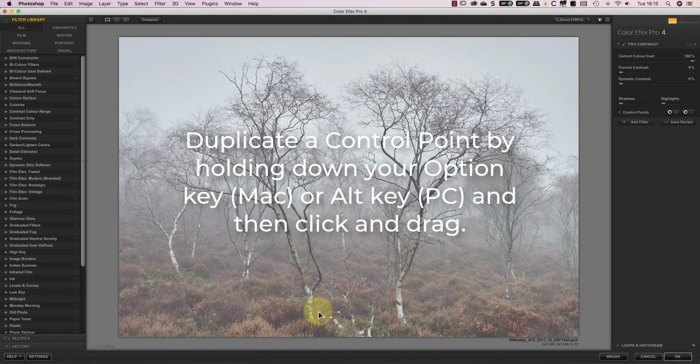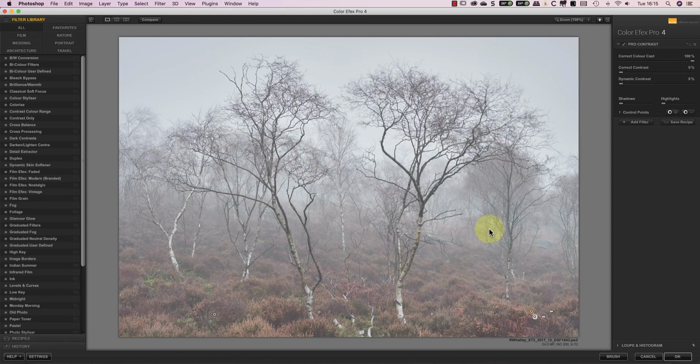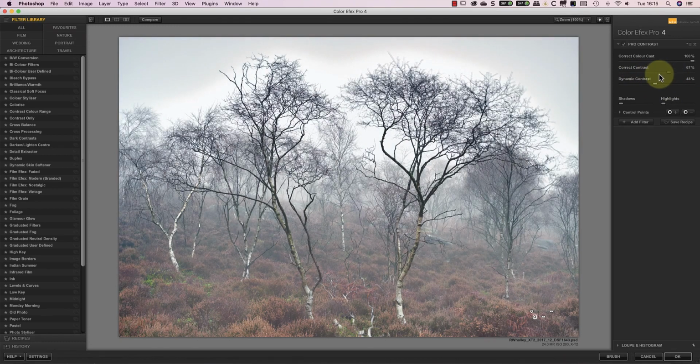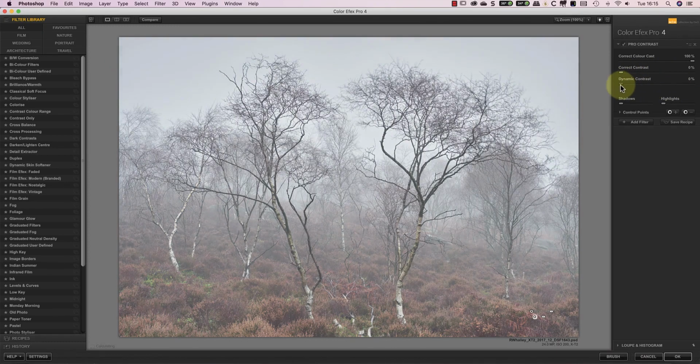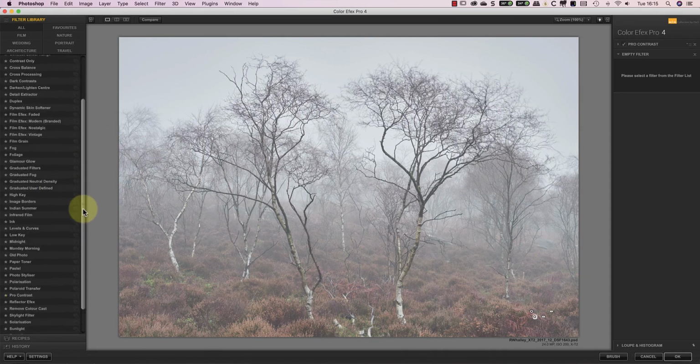Now let's also imagine that I want to increase the contrast of the foreground using the same filter. Unfortunately, when I make the adjustment, it affects the sky and not the foreground because I've applied control points. The simple solution, and something that many people don't realise you can do, is to add another Pro Contrast filter.